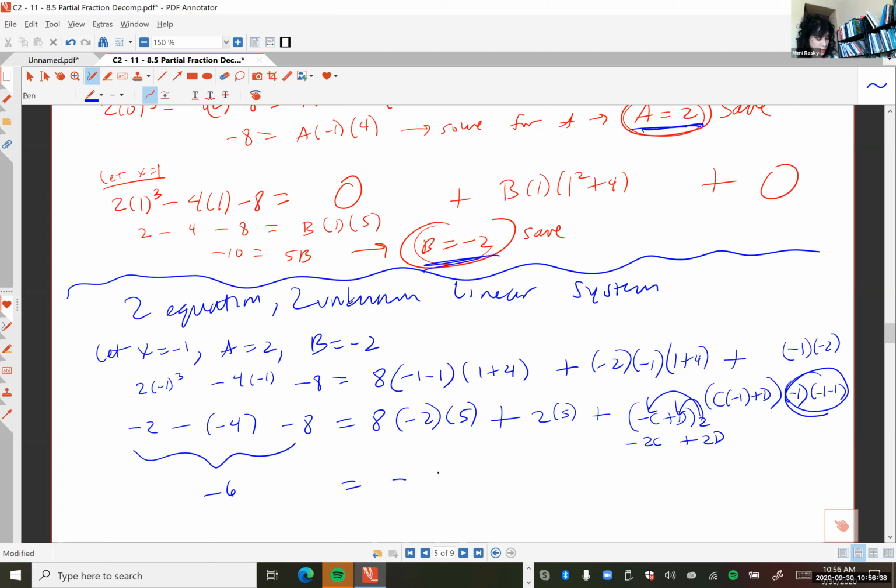Did I screw up? Yeah, sorry, I screwed up. This is supposed to be a 2. Nobody said anything. You guys are asleep also. A is 2, sorry. So this is going to be negative 20 plus 10